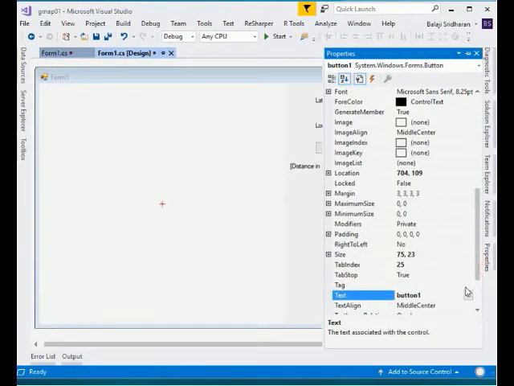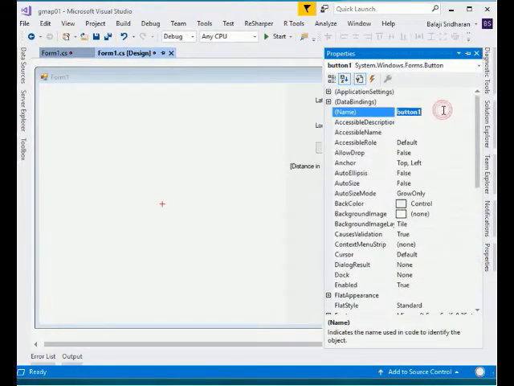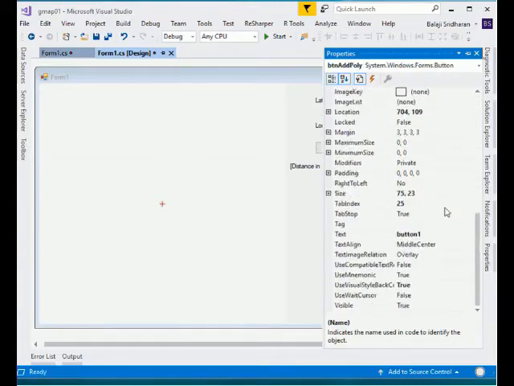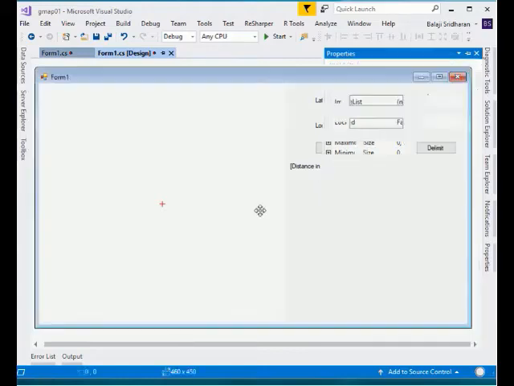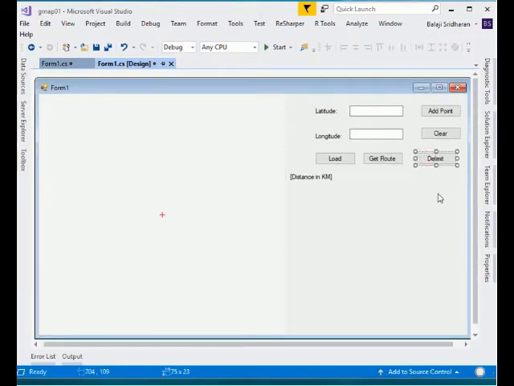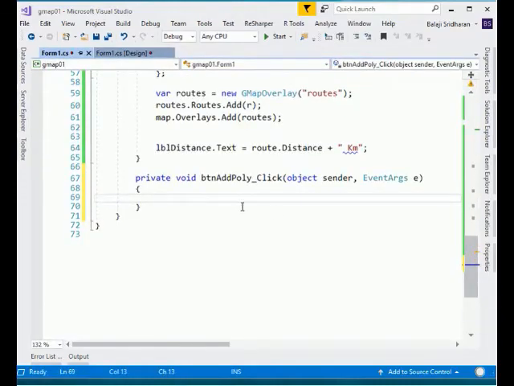I will change its name to btnAddPolygon, and then I will change its text to Delimit. So now I will go to the handler of this button, double click this.